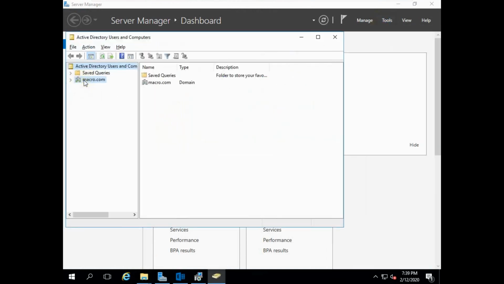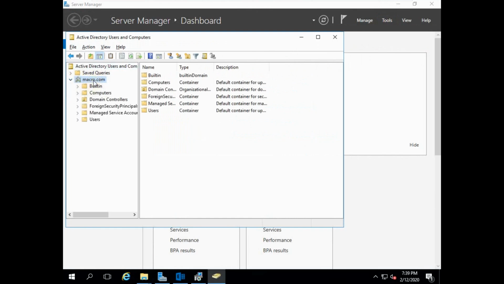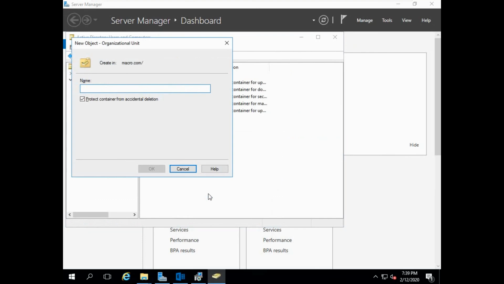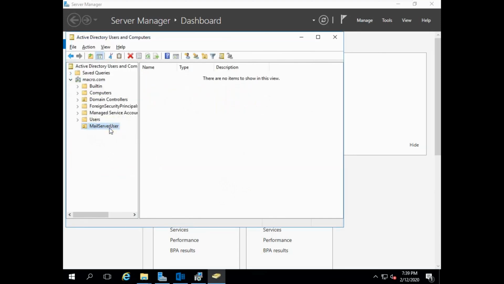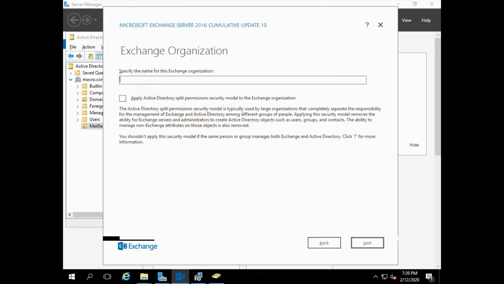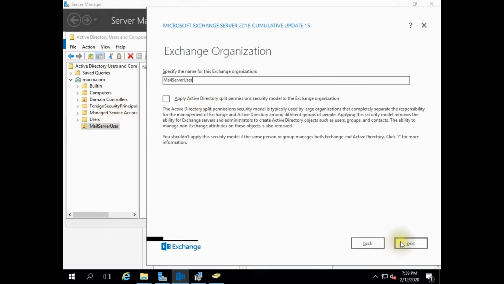Under macro.com, we have created mail server user and then put it in the Exchange organization field. Click next.